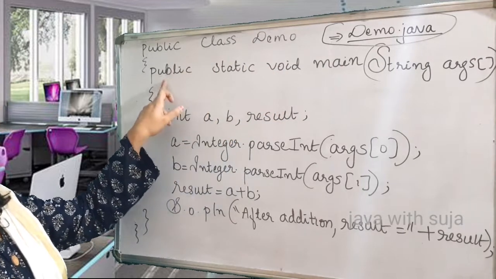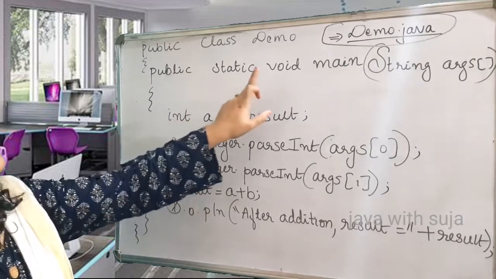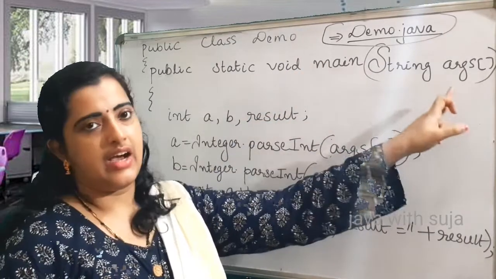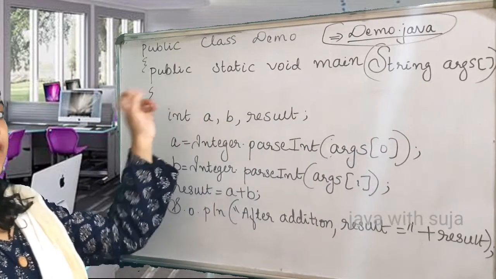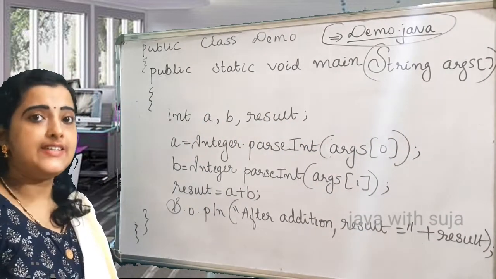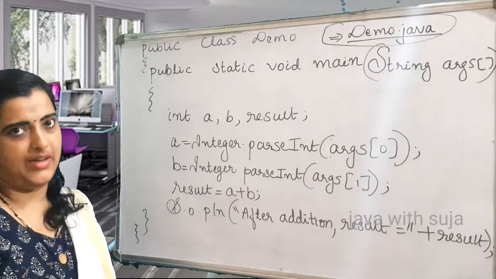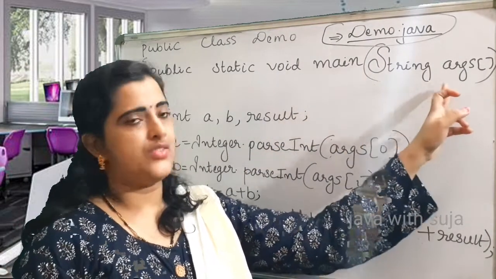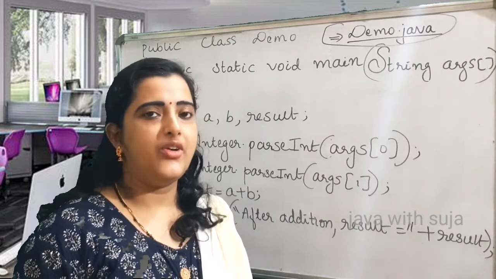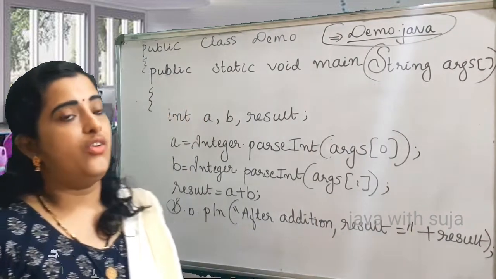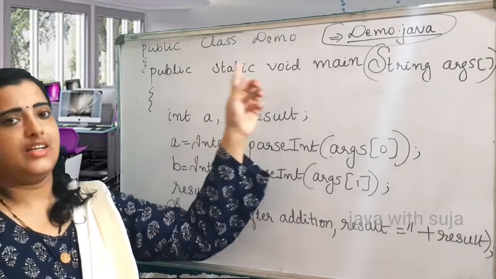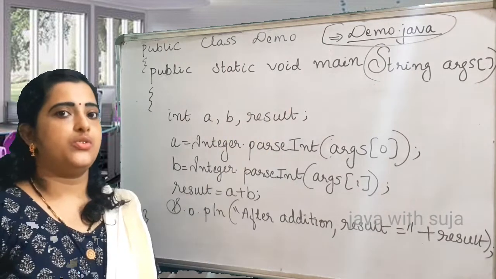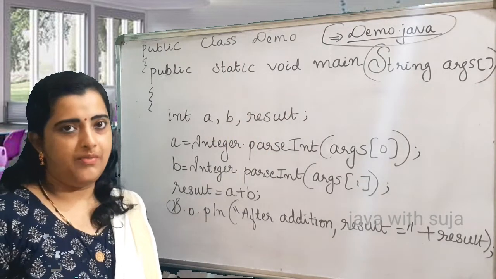Here you can see I have provided public, then static, void, main, string args. Actually this is the predefined format or a signature which should be given to a main method, which means if you are providing this method without string args, your JVM will not identify this method. So we should give this main method as it is, which shows the starting point of program execution.